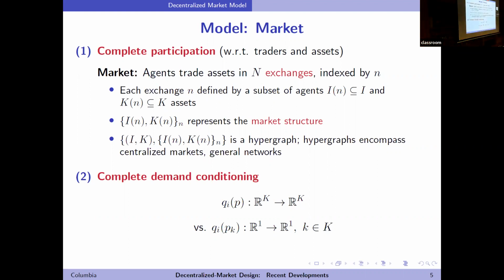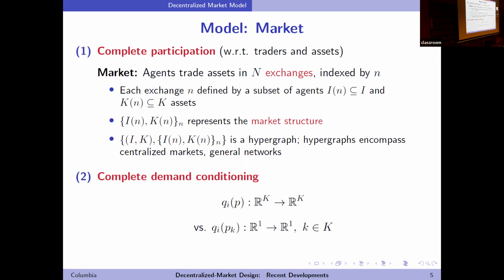So yeah, because in each exchange I can only submit a bid for that trade. Demand schedule for only the asset that's traded in that venue. So that means that it's not contingent on the price of the other asset. But there is the beliefs, the expectation. I mean, but that's what you did yesterday. Could you just repeat your example? Yes, assets 1 and 2. I see. One is trading in one exchange, two is trading in another exchange. But you said you're trading both. I'm trading. I see. So okay.